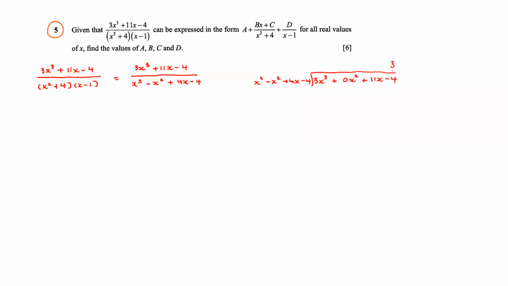I will write it right above the constant under dividend. So as I multiply out, I will get this. And I do a subtraction. I will end up with